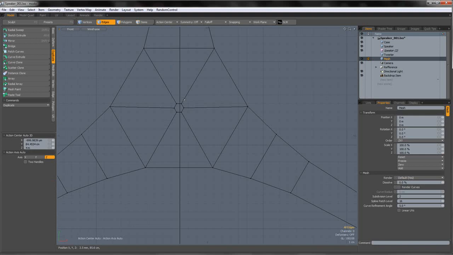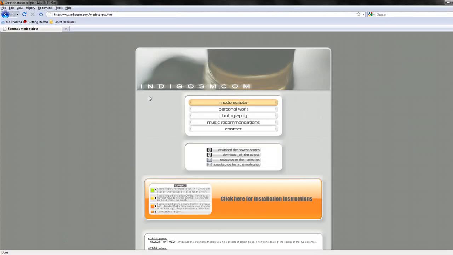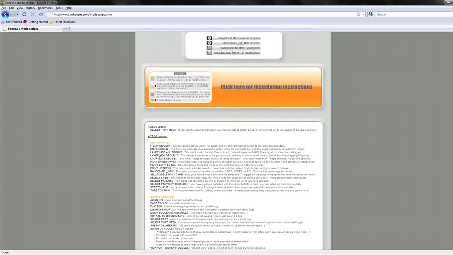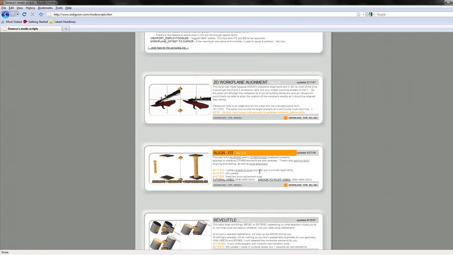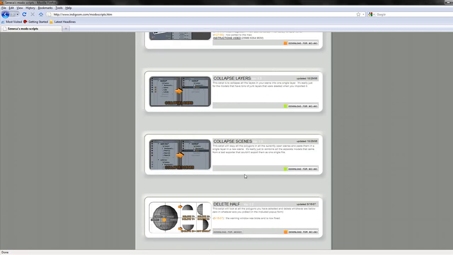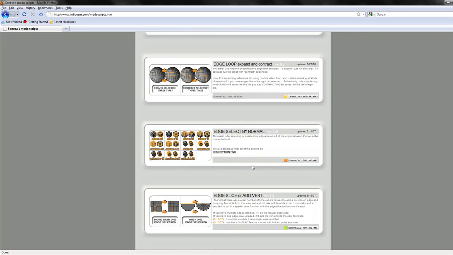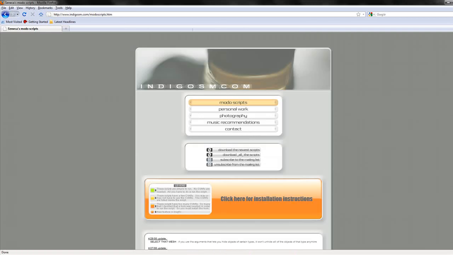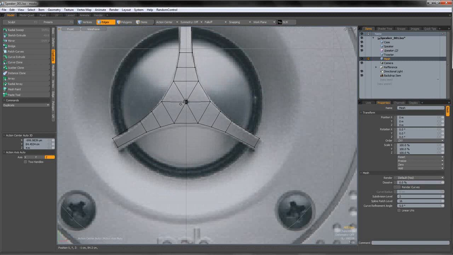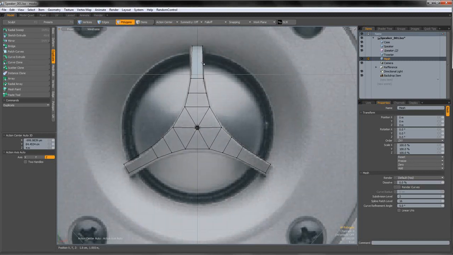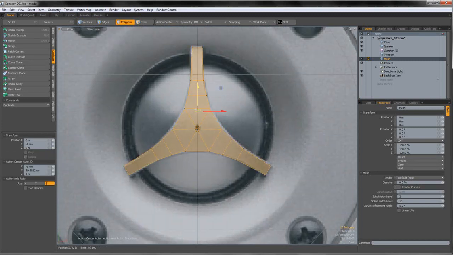Okay, I got the script from this website. It's called indigosm.com, and it's somewhere in here. You're gonna have to look for it, but it's very, very useful. Okay, so now that we have this done like that,